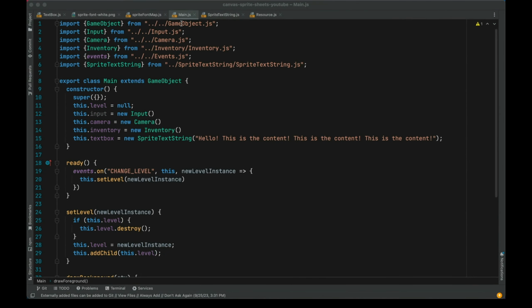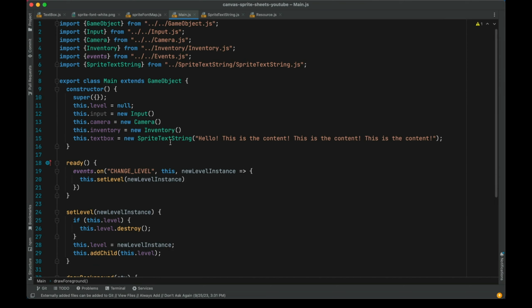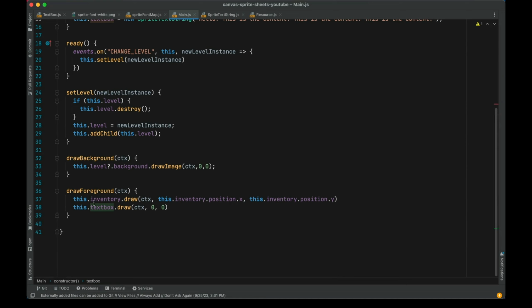If we go to main.js, we can see that the text box is created in memory here, just right in the constructor, and then it's manually drawn in the foreground, but it's not actually a child of this main game object. Because it's not a child, it's not going to receive that step flow like everything else does within main, all of the children of main. Instead of manually flowing time through, we want to rework the system a tiny bit so that this actually is a child and that any specified foreground objects get drawn on top,